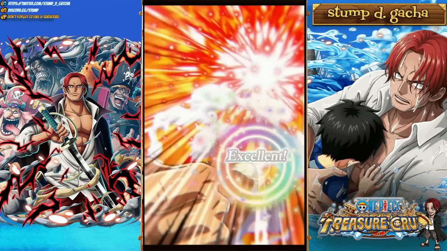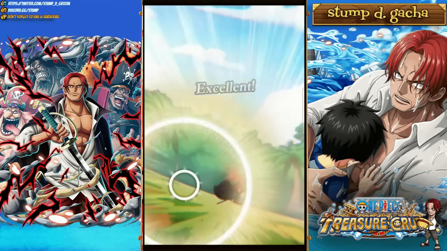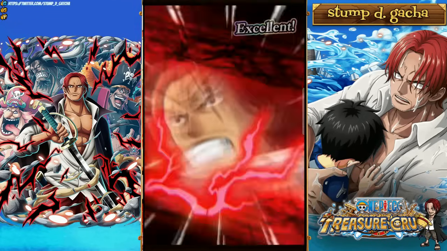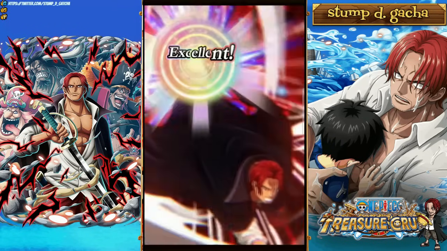Now, on turn 2, there's damage reduction and a barrier. You get a full board of block orbs, so running 2 Shankses for this particular team works exceptionally. Using 1 Shanks on turn 2, and then using the other Shanks on turn 3 works